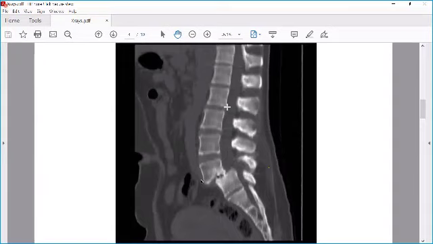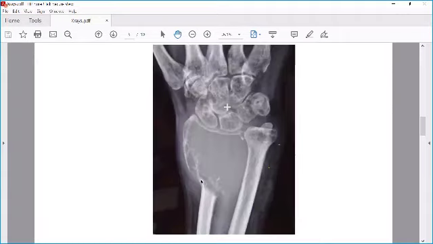You guys can confuse it with listhesis also. So this one, what is it? It is very common. Only two things you should know in orthopedics. If they give you this X-ray, you don't have to read the history also. You can just mark it. Anyone?